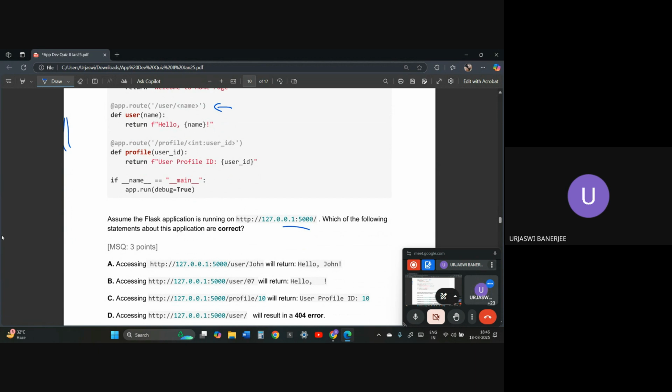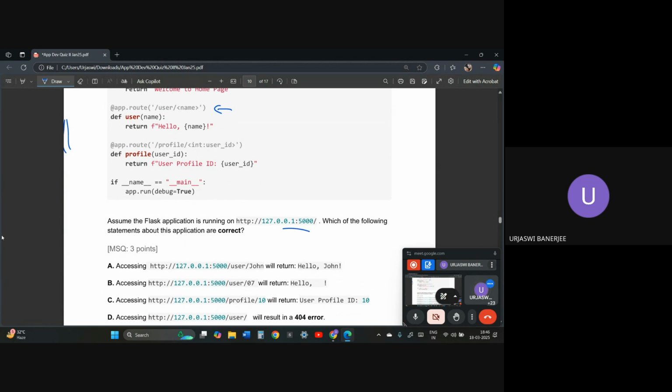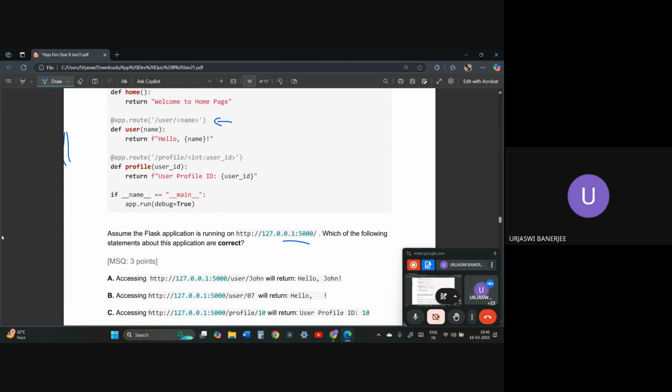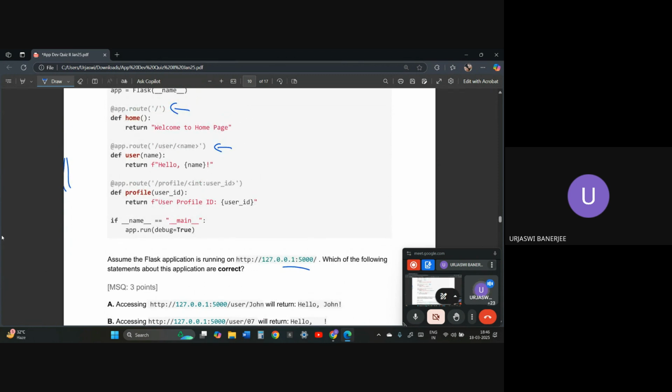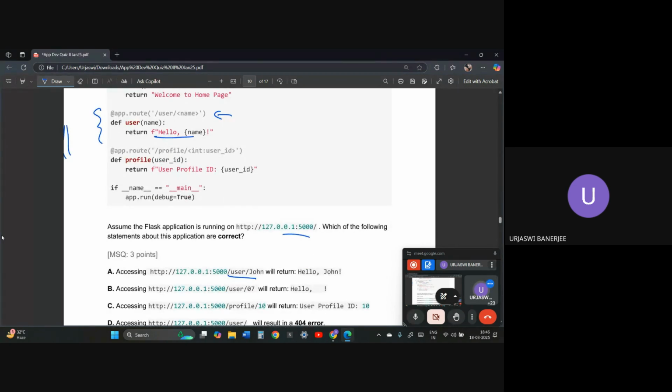Okay, got it. User slash John, hello John. Since we are saying slash user slash John, this will immediately enter this block. This block says hello, then name, so it will return the hello John part. So this becomes correct. Afterwards it says user slash 07.